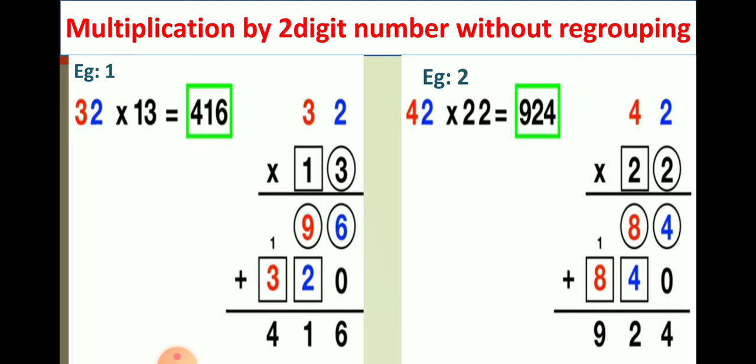Again, before multiplying by the next 2, first we will put 0 below 4. Now we will multiply 2 again by both numbers, 4 and 2. Again we get 2 twos are 4 and 2 fours are 8. Now we will add both products. 4 plus 0 gives 4, 8 plus 4 gives 12, 1 is carried to the 8 and 8 plus 1 gives 9. So your answer is 924.